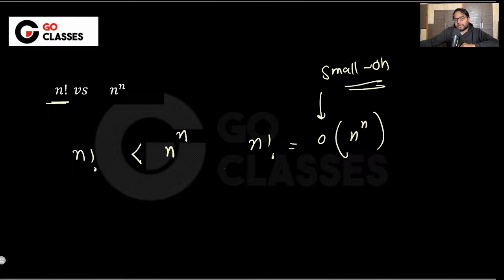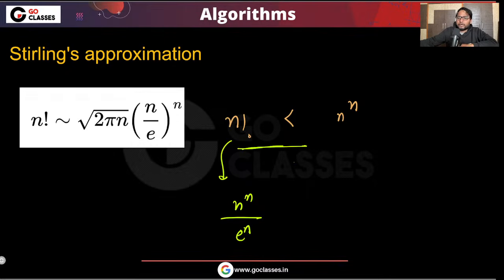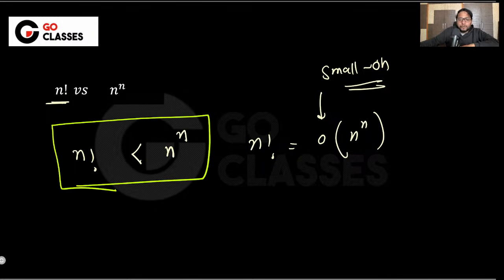So how to prove it? That can be proved using something called Stirling's approximation, but we don't want to prove it. You need to put n factorial as this, and then we can prove that n factorial is strictly less than n to the power n. Can you see a little bit that n factorial is basically n to the power n divided by some very great function, e to the power n? So that's why it is strictly less. We can definitely prove it, and you can take a log and try proving it, but let's not do it now. So here what I'm saying is that n factorial is strictly less than n to the power n, which means